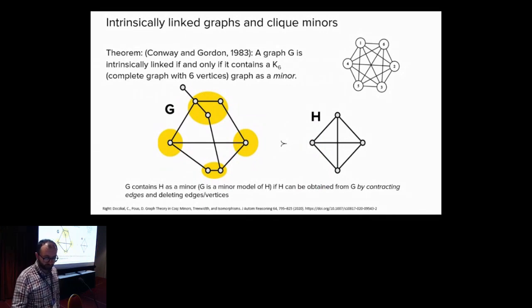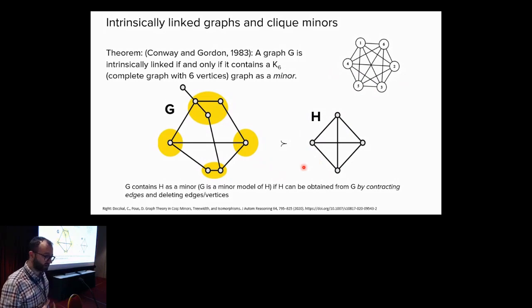So a graph is intrinsically linked, so it contains a link necessarily, if and only if it contains a clique of size 6. So this is a complete graph with 6 vertices as a minor. What does it mean to contain it as a minor? Here there is an example for a smaller graph, a K4. So the graph on the left, G, contains the graph on the right, H, as a minor. More precisely, G is a minor model of H